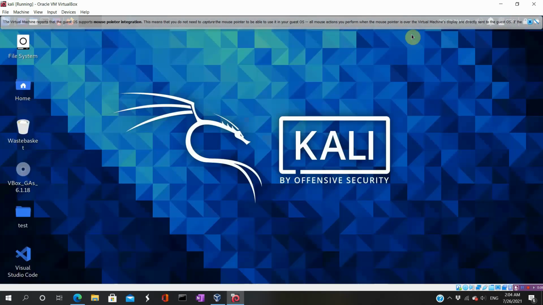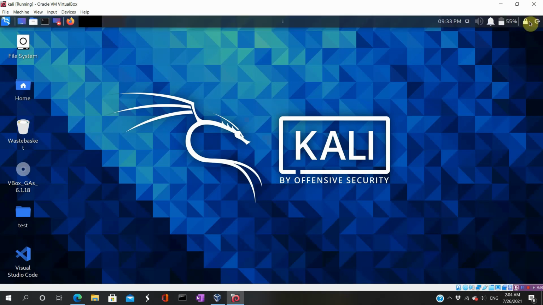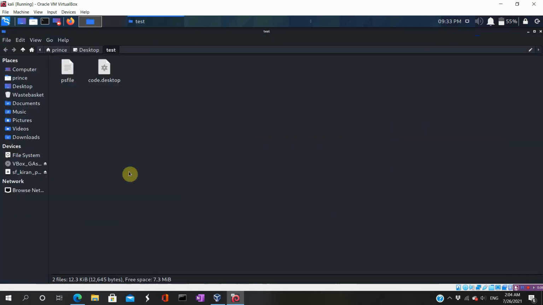Exactly, super. So yeah, this is working fine now. The dpkg configure all command has fixed any kind of dependencies that were existing in our virtual machine here.